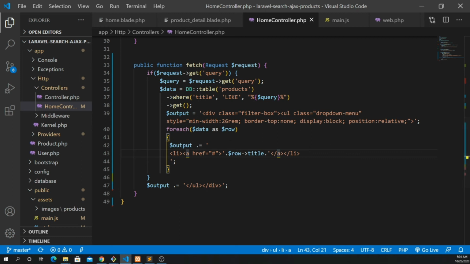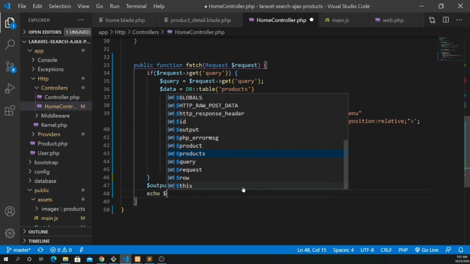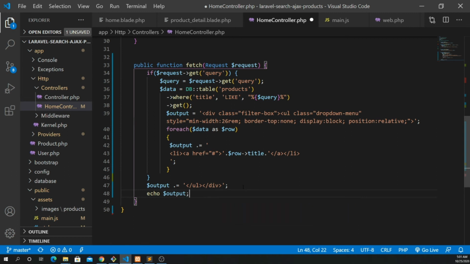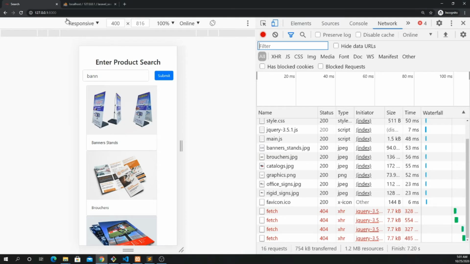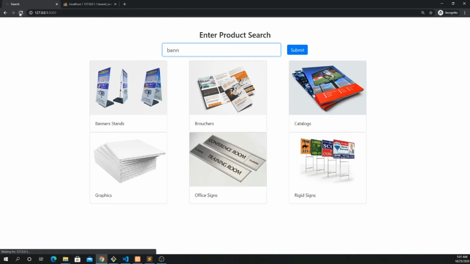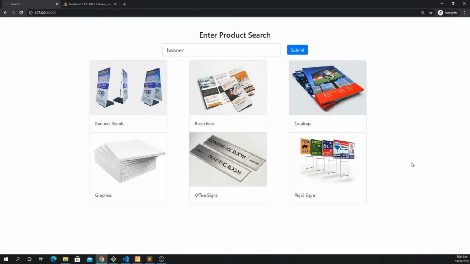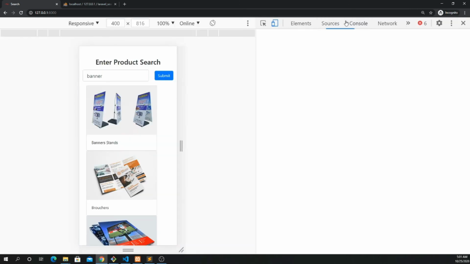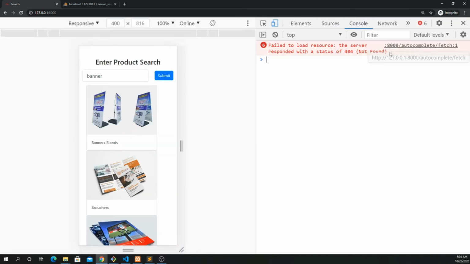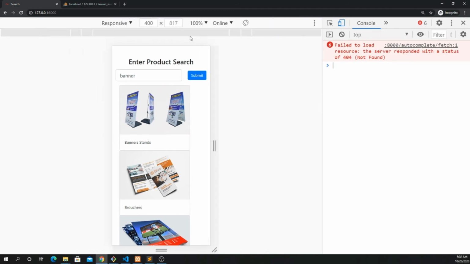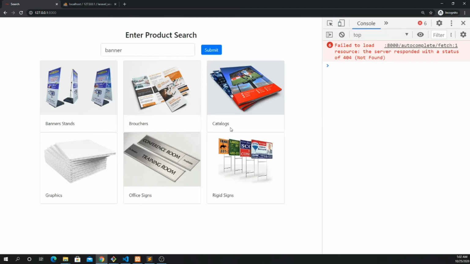Alright, so let's echo this output here and see. So echo $output and save it. Let's see what it's going to return. So let's refresh this. And if I type here banner stands, it doesn't work. So let's go to the inspect console. It shows that 404 not found. So actually it means we have an issue